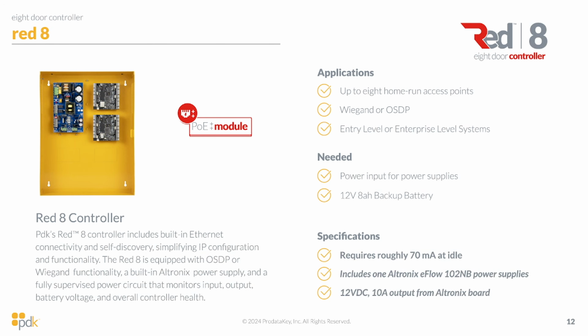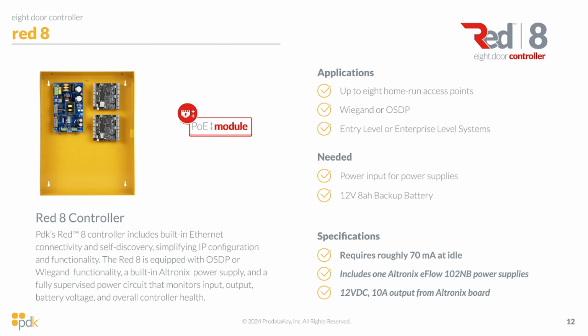Now, getting into the red 8, this is where things change a little bit because we have the Altronics eFlow in there. So instead of being a plug that just plugs into a wall outlet, this one is tying directly into the high voltage line. So you tie it into that green portion in the top left-hand corner of that board into the high voltage, the 120 volts. Then you have your DC output, which is on the bottom, and that is tying into both